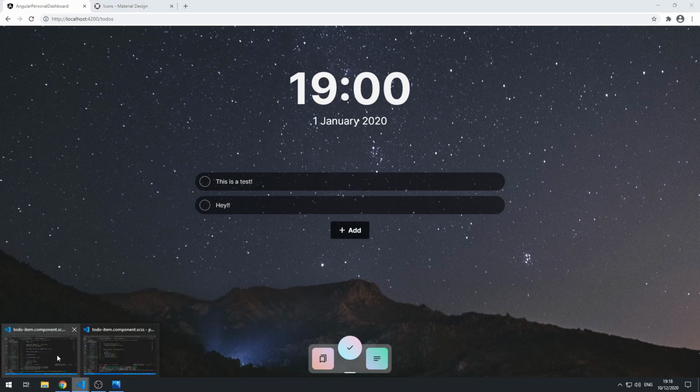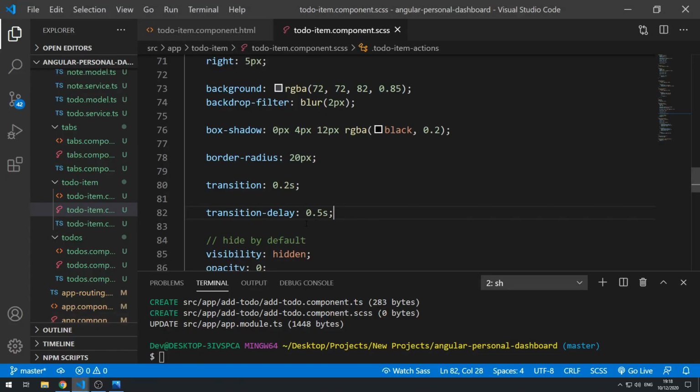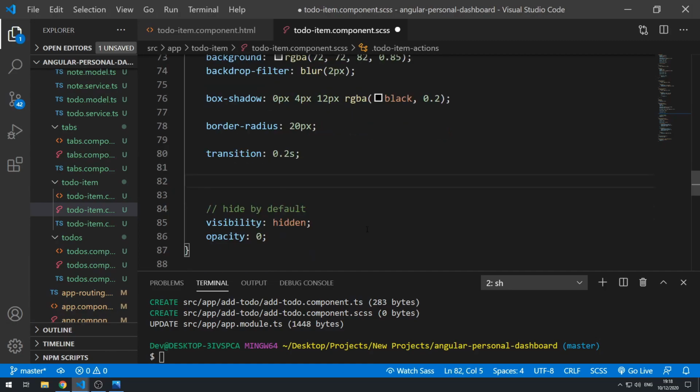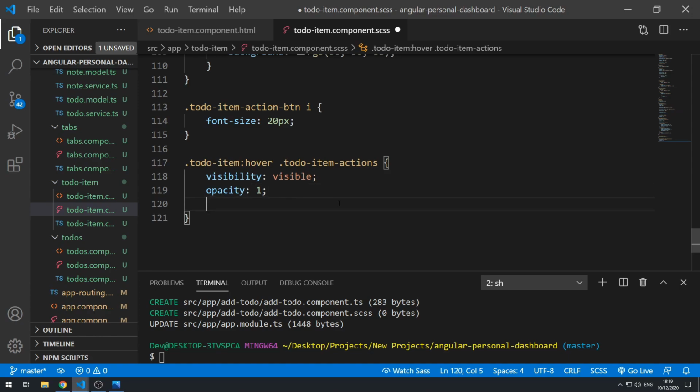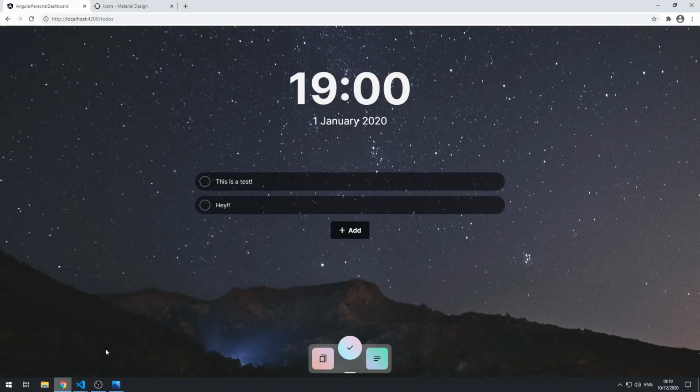So to achieve that, we can go back to our code here, and we can actually move the transition delay into here. Okay, save that, go back to the application, and now there's a half a second delay there. That was good, but there's no delay when we leave the to-do item. Awesome. Cool. All right, so that's pretty good. So we could leave it like that,